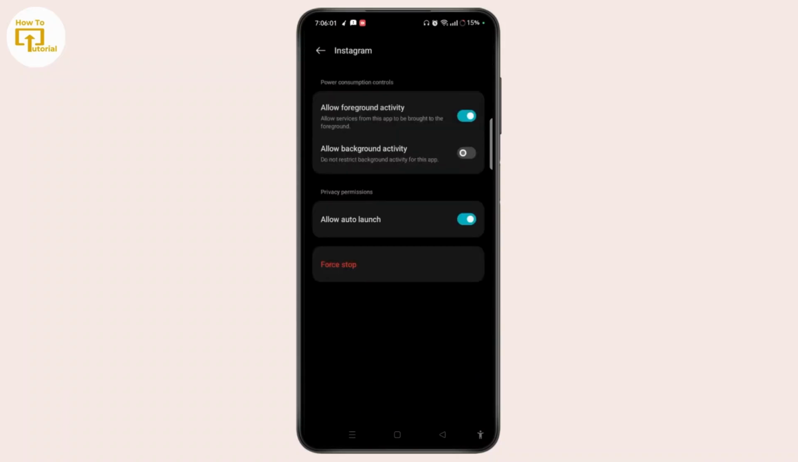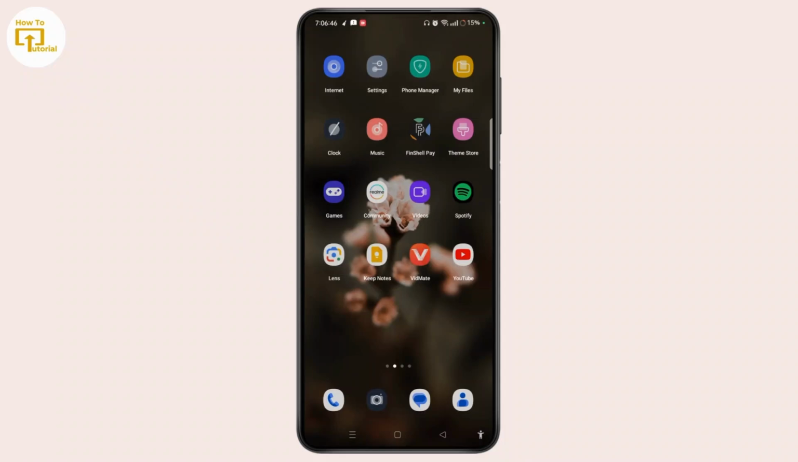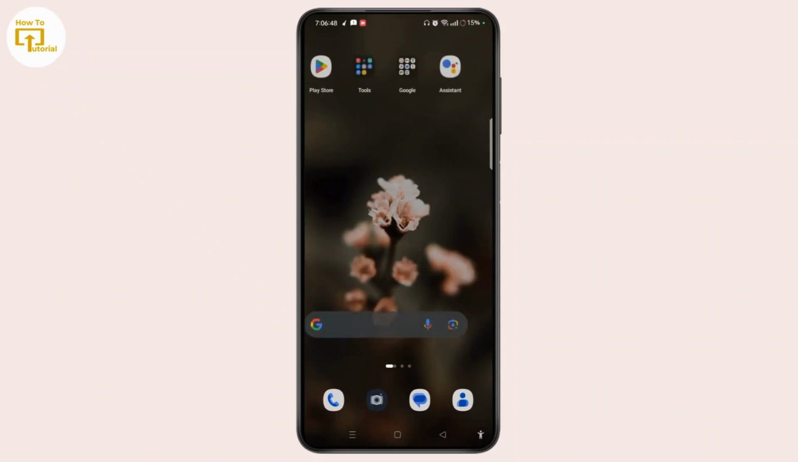And then here you will see background activity. Make sure to toggle the button off for allow background activity so that this will help to restrict the background data for apps. If your issue has not been yet resolved, you have to simply follow the next step, that is